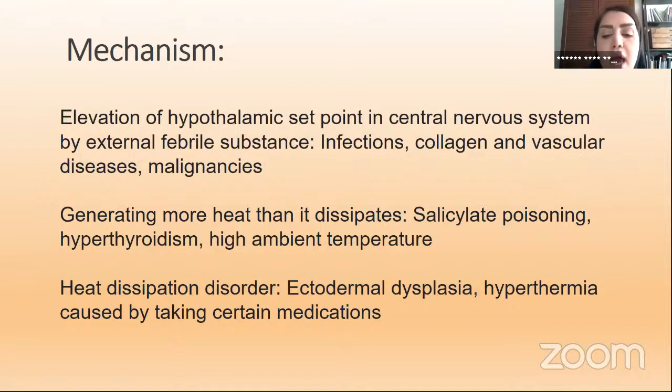For example, families like to put a lot of clothes and blankets on their children, especially neonates. And after you examine the child, you should rule out high ambient temperature. It's very important. You can decrease the number of clothes, and after, for example, 1 hour,